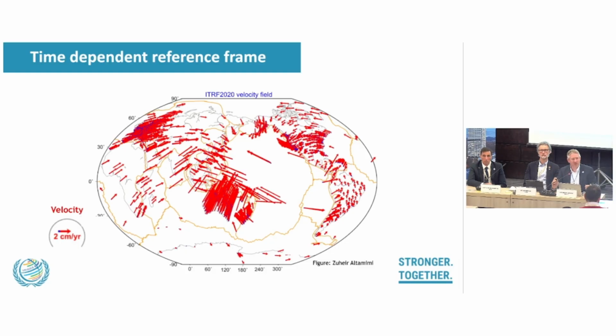And here's an example of the scale of that change over time. The bit that I mentioned before was Australia, which is in the middle of this diagram. And you can see that Australia is moving at about 7 centimetres per year. So imagine if you had owned a property and your coordinates were shifting over time. That's a bit disconcerting. It's a bit scary for homeowners. So we like to have a static datum, particularly for cadastral.